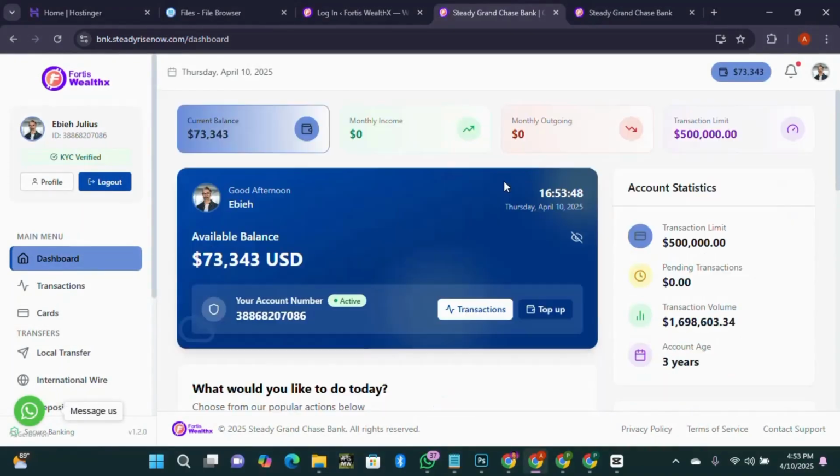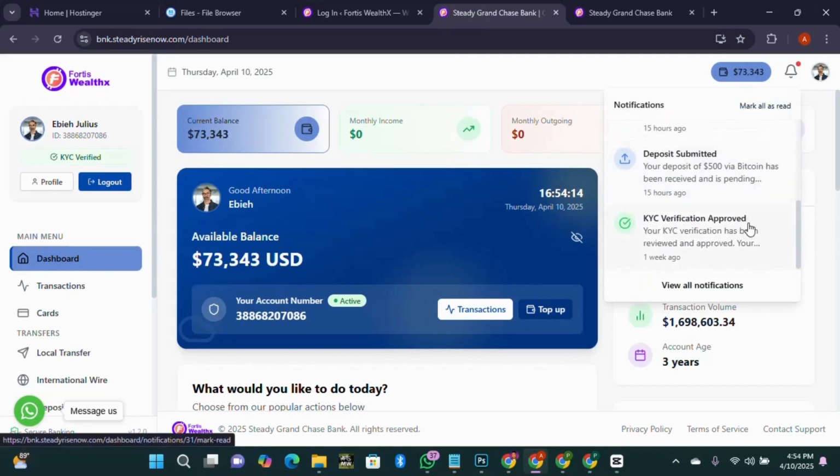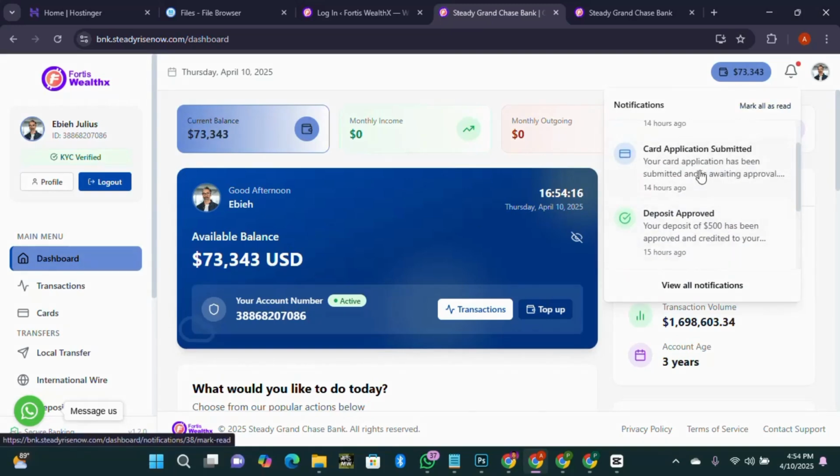So right now we are logged into the user account. I can take you through how to log in, but right now we are in the user dashboard. As you can see, it has a very beautiful interface and all the stats and every detail is right here. You can see your account limit, your monthly outgoing and monthly income, your current balance is also here, and a very beautiful notification bar that shows all the things that are going on